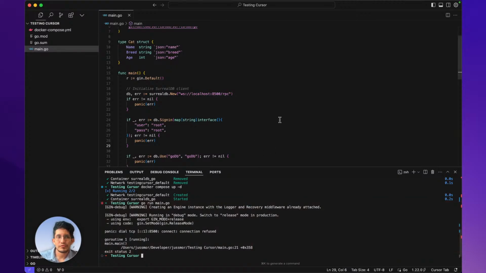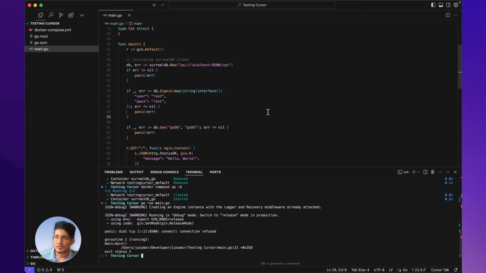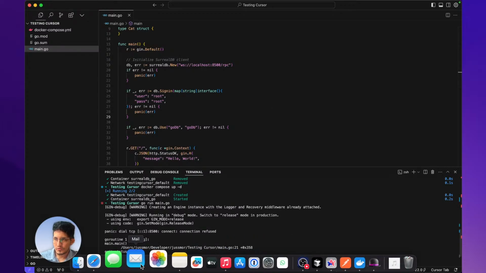The connection refused, but just to check, we need to go to the documentation